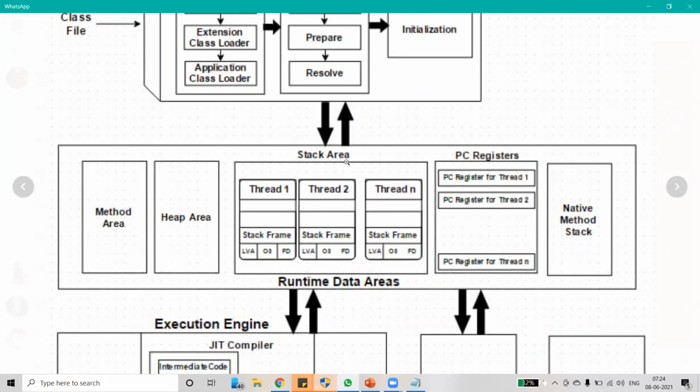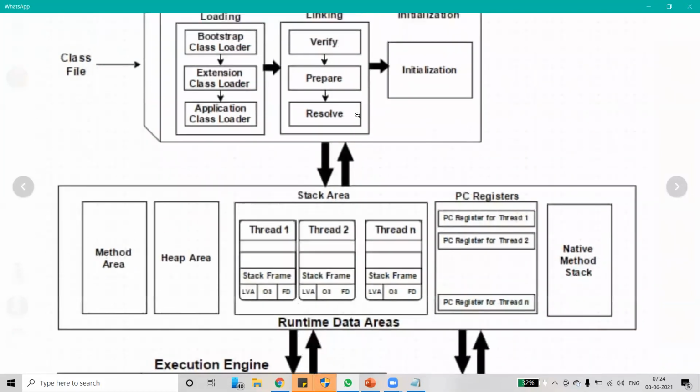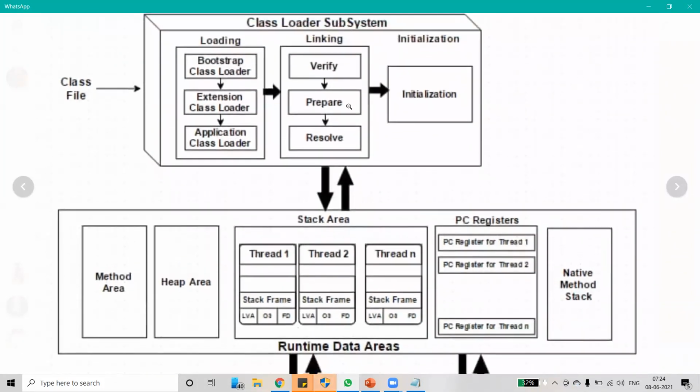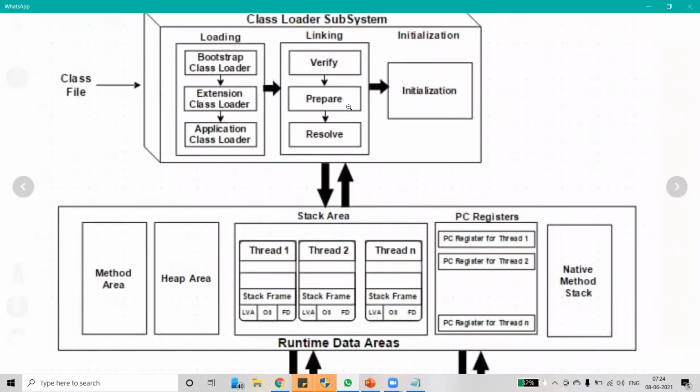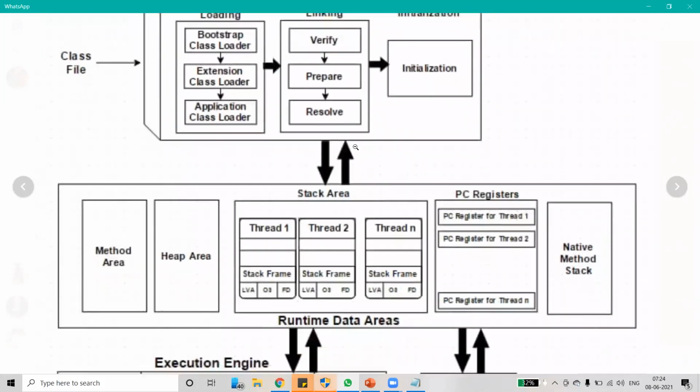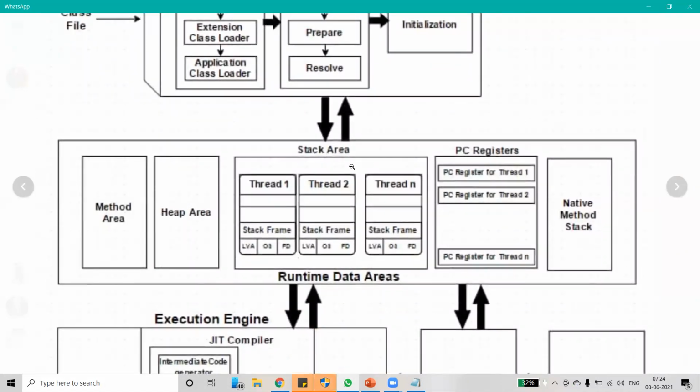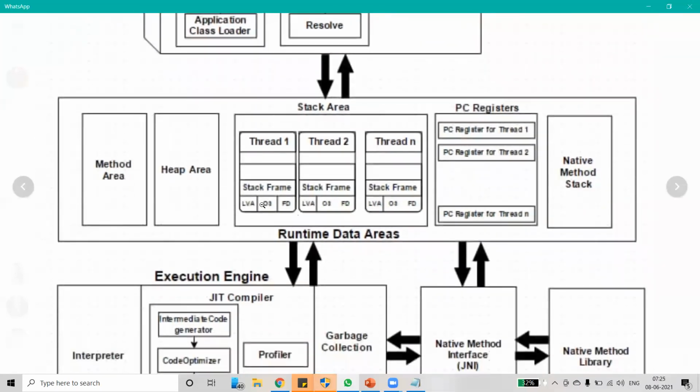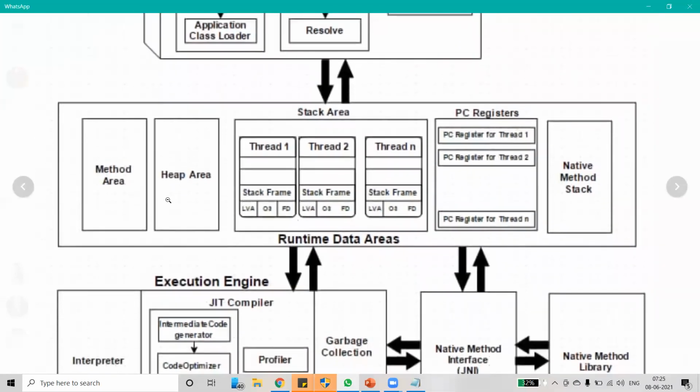So we have created a class and generated a dot class file, and this class file undergoes the phases called loading, linking, and initialization. After undergoing these phases, finally it will send that file to the stack area. The stack area is nothing but memory: method area and heap area. Memory method area is also called the stack area. The heap memory is much faster compared to stack memory. The heap memory will access all the variables in a much faster way than stack memory.